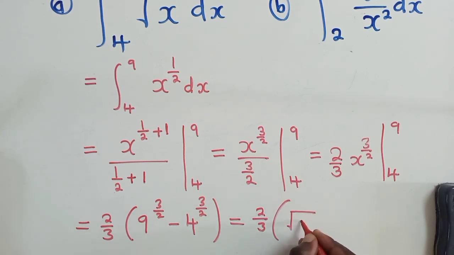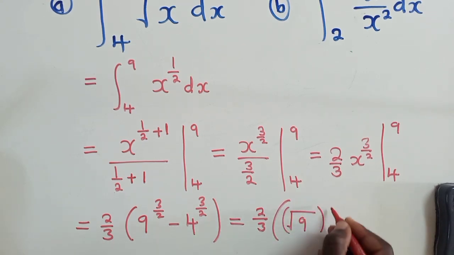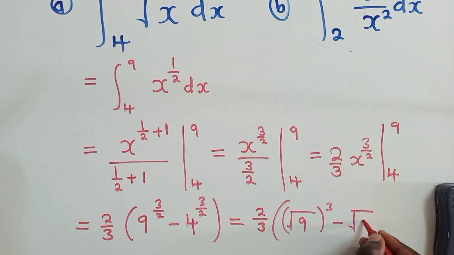So if you want to understand nicely, this is the same as 2 over 3, open bracket, square root of 9 and the power 3 there, so square root of 9 and the power 3, minus square root of 4 and power 3. Okay, so when we simplify further,